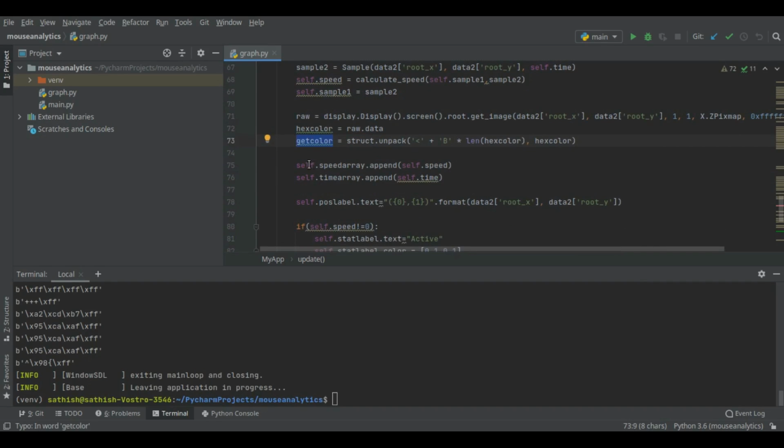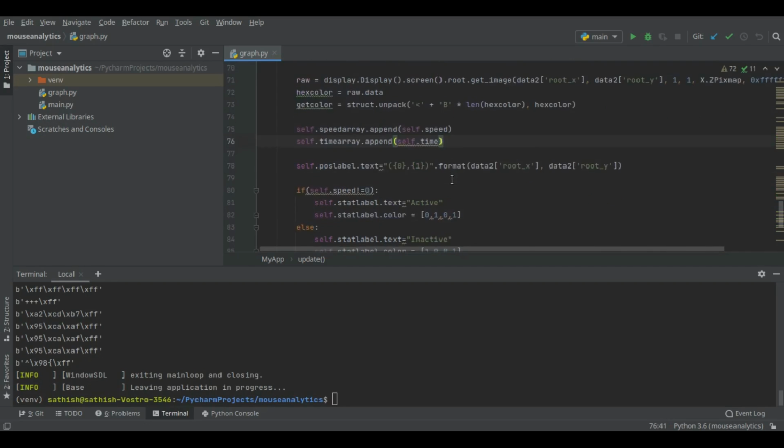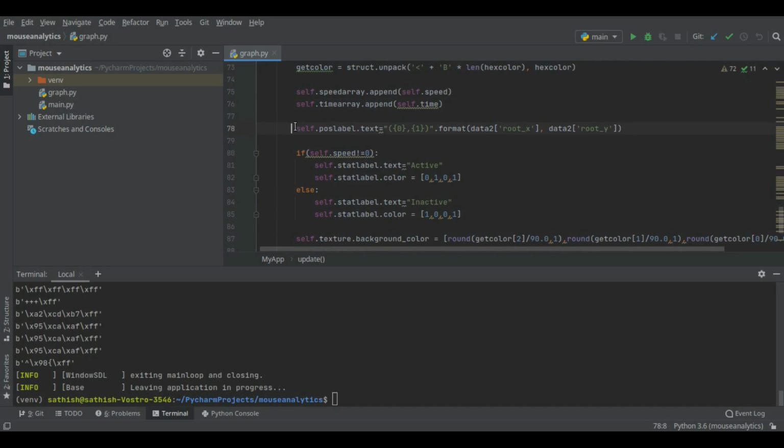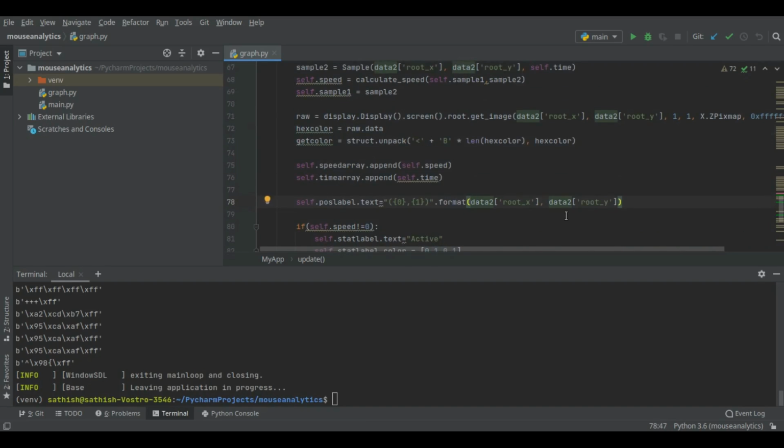And we have the speed array, which will be plotted. So we should append the new speed variable to the speed array. The new speed variable will be appended here and the new time variable will be appended here. So the plot will be updated. And this line is to update the position label, taking from the data2 variable. We are taking the position x and position y into the position label,